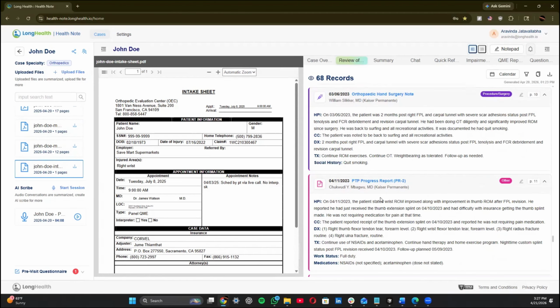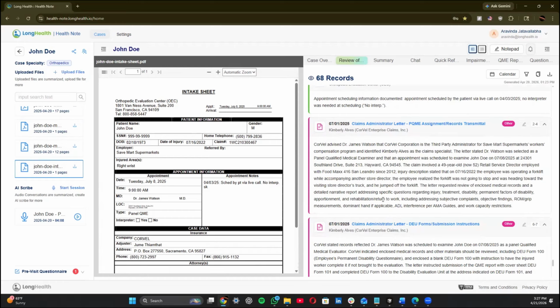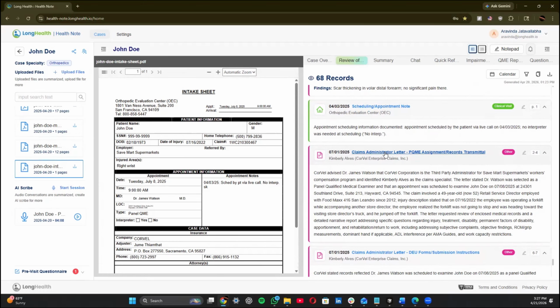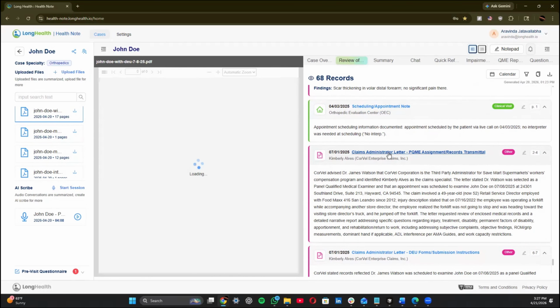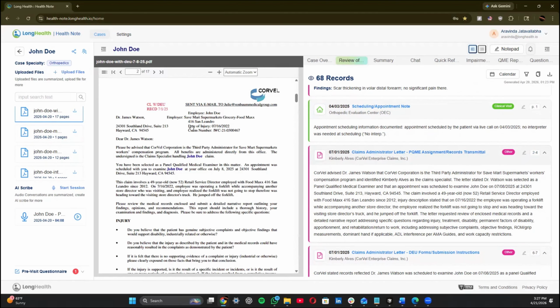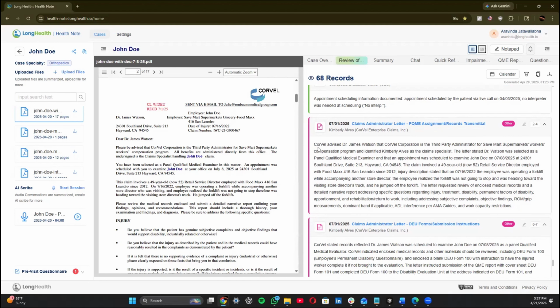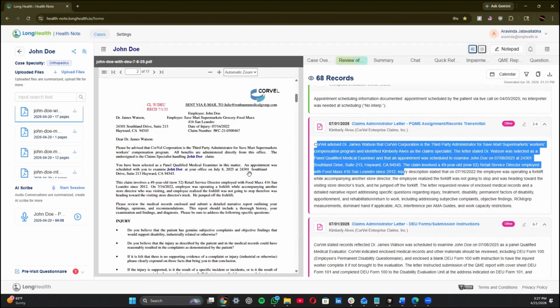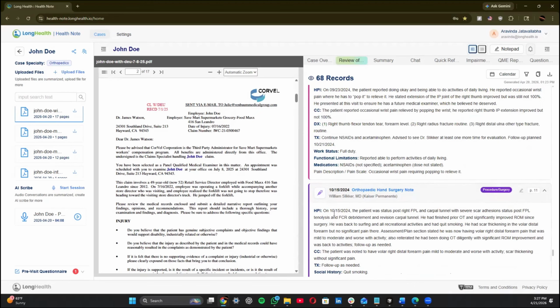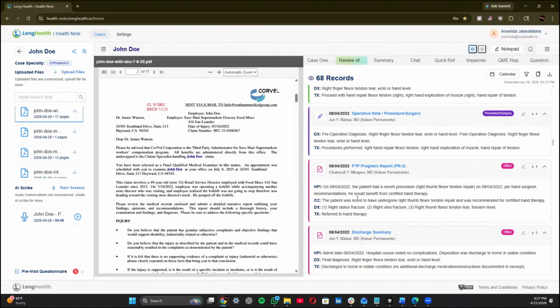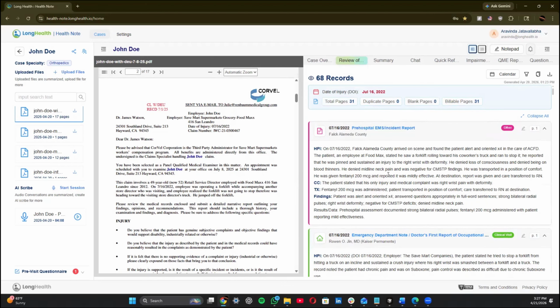So for example, let's pick an event. Let me just choose claims administrator letter right here. If I click on that, as you can see, it is mentioned on this particular page number. And as you can see, page number 2, this is where this particular record is coming from. And if you want to verify any single information from here, you can just view this information and do it right away, side by side. So all of these events, every single one of them is hyperlinked. So it can save you a lot of time and also help you navigate to the original source from where